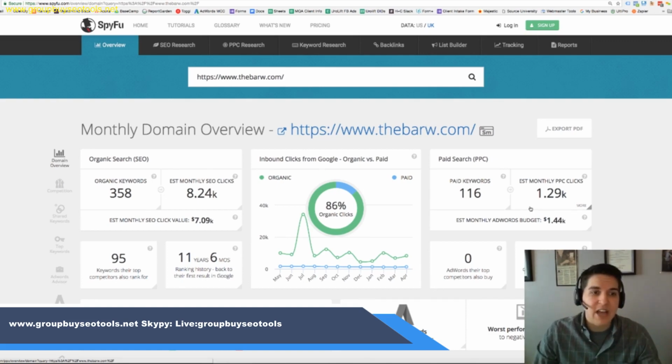So what you'll see here is this dashboard. First things first, you're going to be able to see a rough estimate of how many organic keywords they're ranking for and how many monthly clicks they're getting from organic traffic. In this case, this competitor is receiving about 8,000 SEO clicks or organic clicks every month,